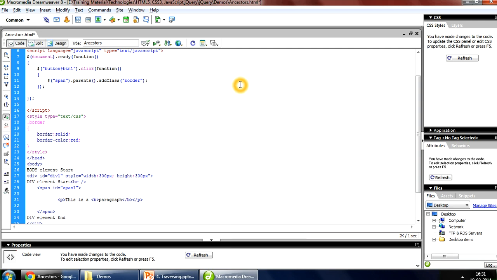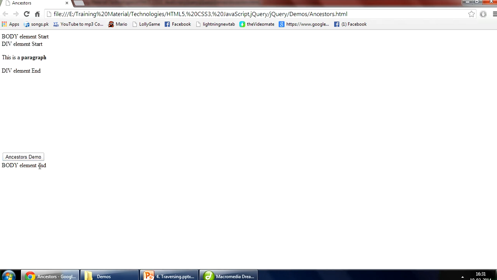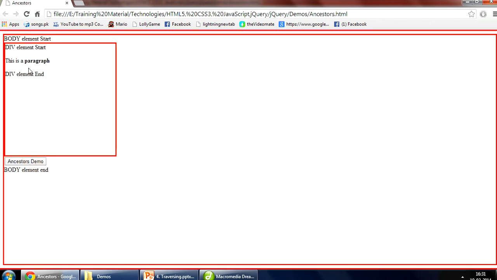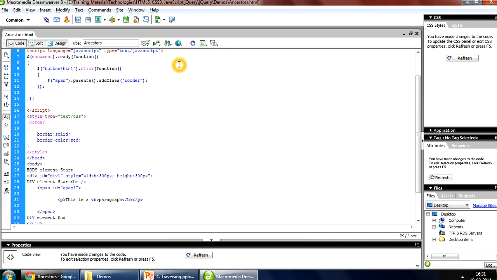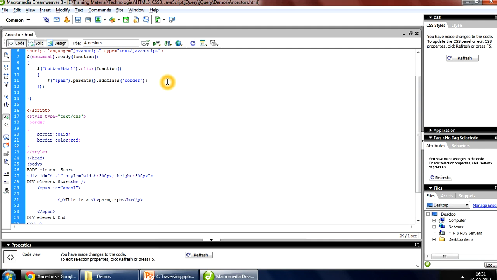Sometimes we also want the parents, like all of the parents should have the border class. So if I click, refresh it, you can see the div tag, this is the body tag, and after the body tag you have the HTML tag also. So the outermost is your HTML tag, after that you have the body tag, and then you have the div tag over here. But supposing I only want till the body element, I can write parentsUntil, and in this